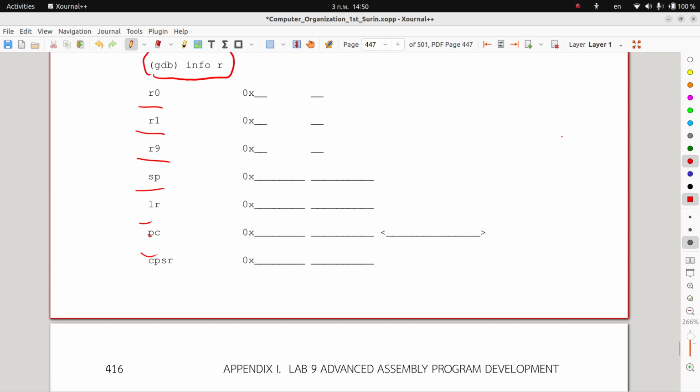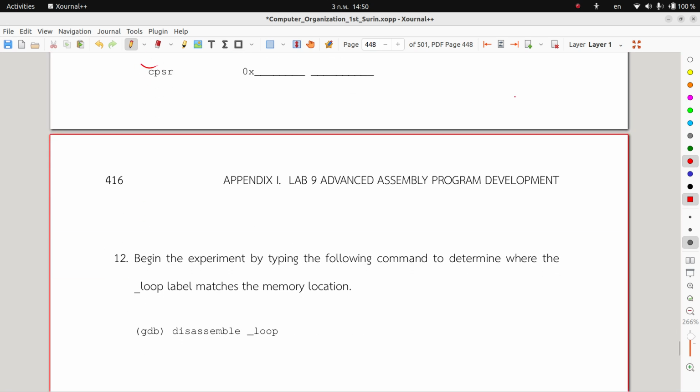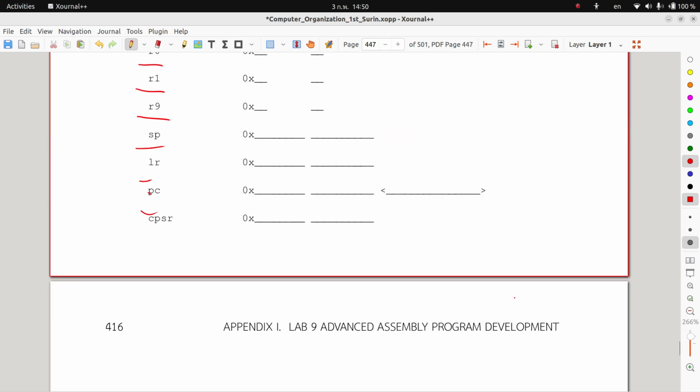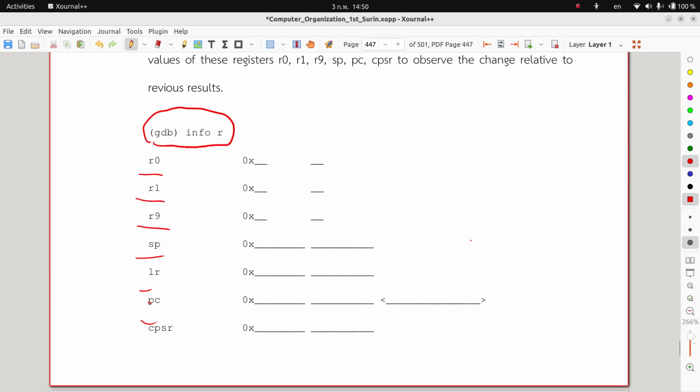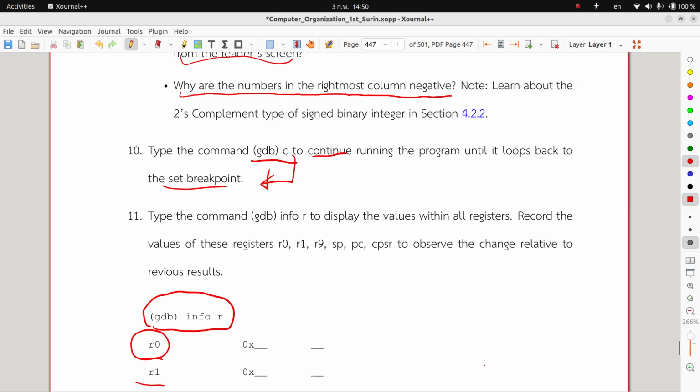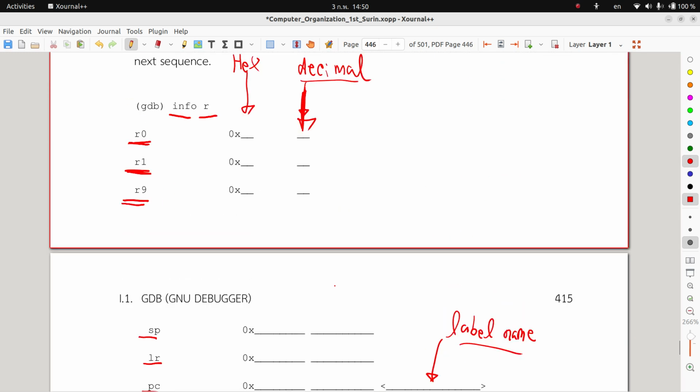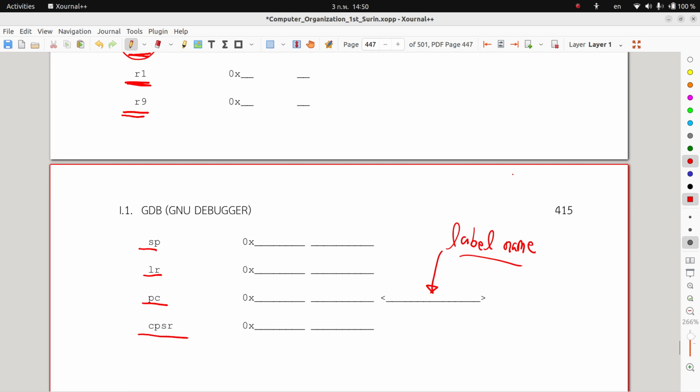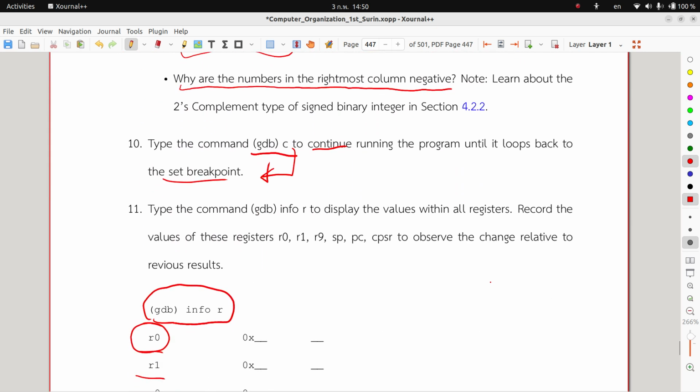Okay, again. And now you can see the difference between the previous and the current R0. Okay, you can see R0 is going to be added by 1. Okay, and then